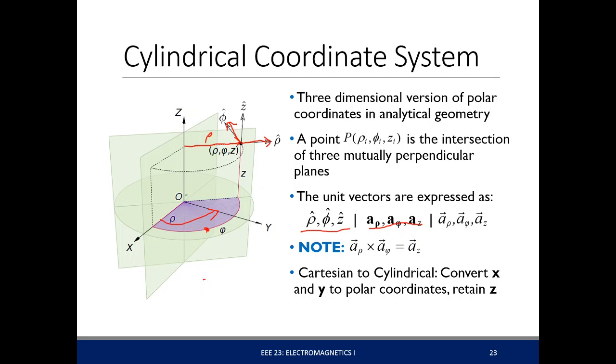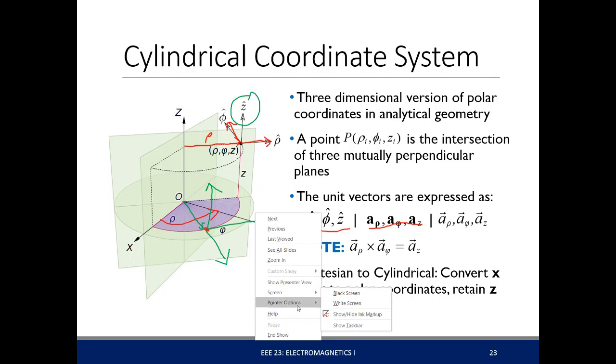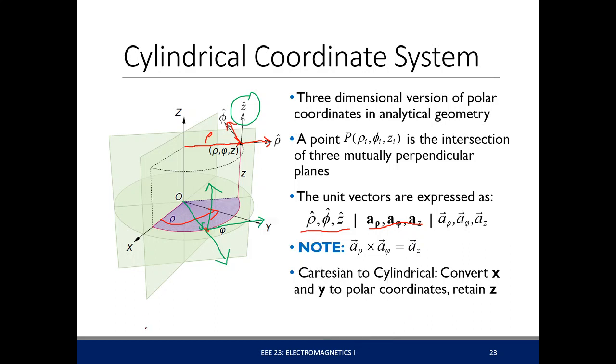So if you're working at this point, this is the radius of that cylinder. Okay, and rho hat would be pointing outwards. Phi hat would be from x going to y, so this would be phi hat, and z always still the same, pointing upwards like this one right here, z hat. So that's the relationship between your unit vectors with the